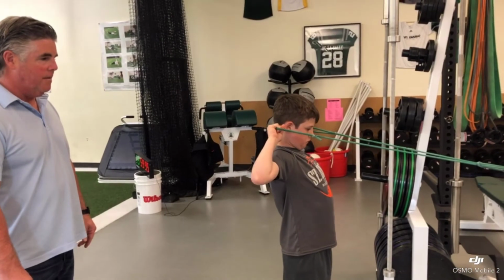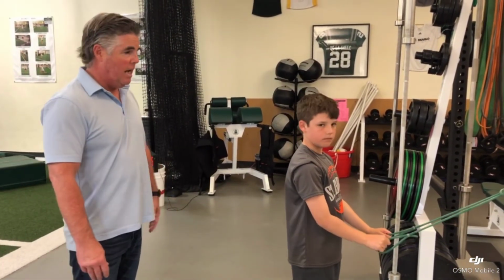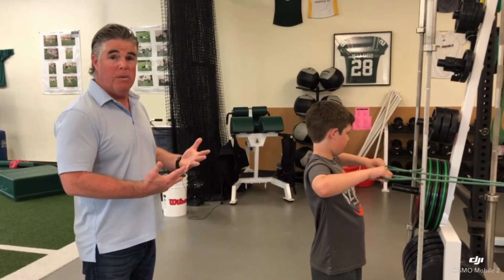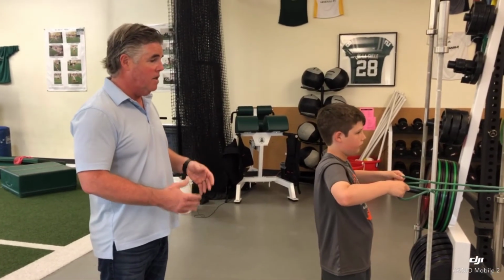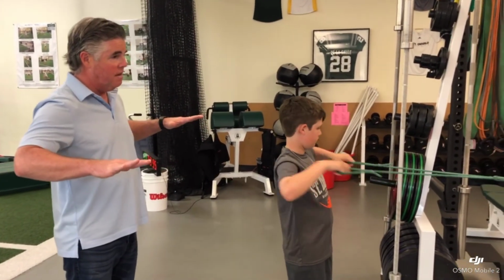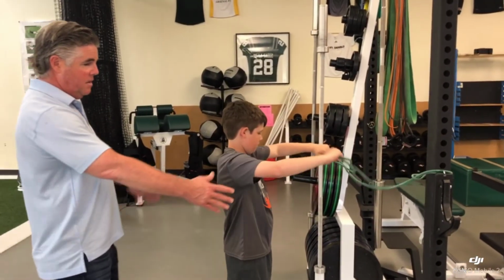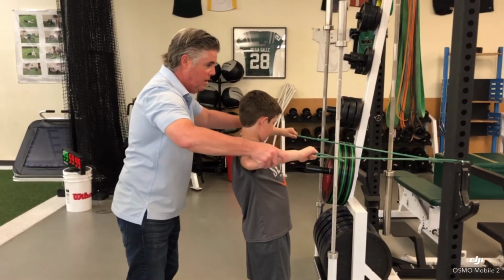Good. Now relax. Now next up, we'll have him do flat goalposts. For flat goalposts, remember that was a set of 5 that we're going to hold for 30 seconds at the end. So do flat goalposts, a set of 5, and just hold at the end. He wants to try to keep his elbows coming out more to a 90-degree angle, just coming out, holding here, and I'll go back,